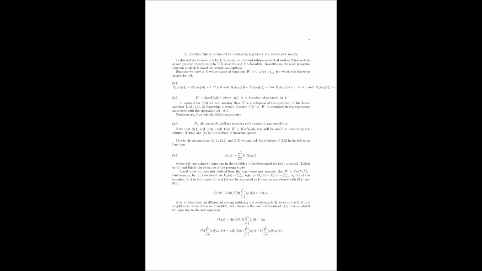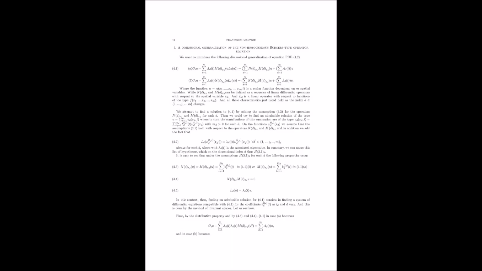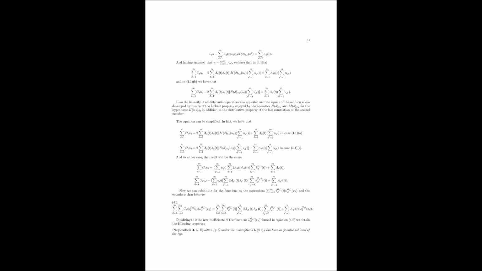Exactly. And the brilliant thing is that if we can find these invariant subspaces, the generalized Burger's equation simplifies considerably when restricted to them. Okay. This makes finding solutions much easier. So we're strategically narrowing down our search space by focusing on these special regions where the equation becomes more manageable. Precisely. But how do we actually find these invariant subspaces in the first place? Maltese provides a set of conditions that help us identify these special spaces. Okay. These conditions involve the operators we've been discussing, ensuring certain properties hold true for the functions within these subspaces, making them suitable for finding solutions. It's like a treasure map guiding us towards the hidden gems within this vast mathematical landscape.